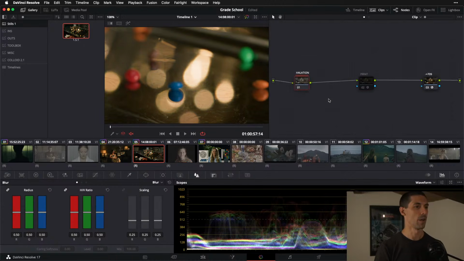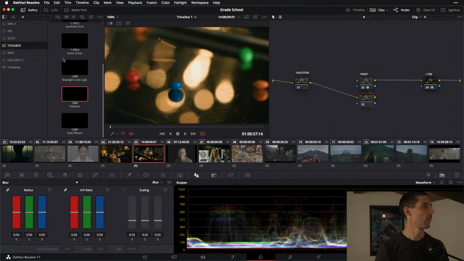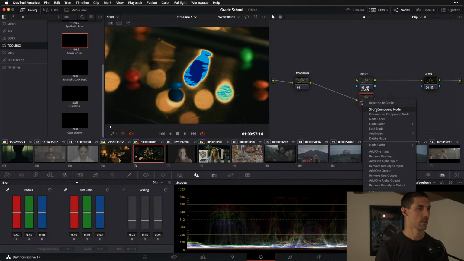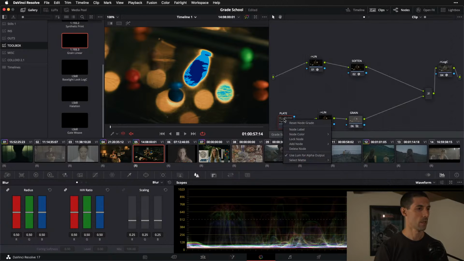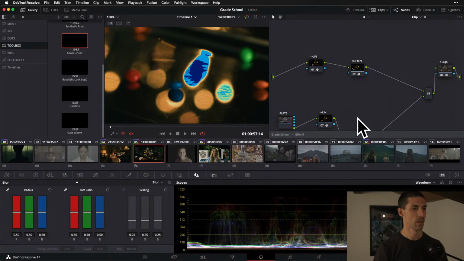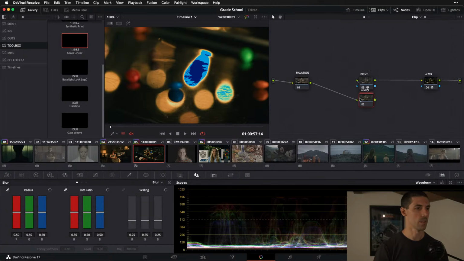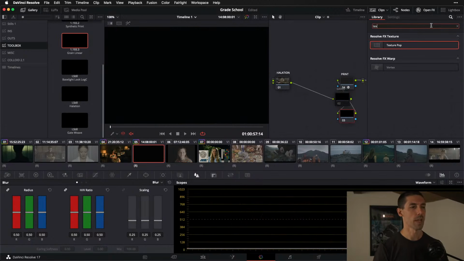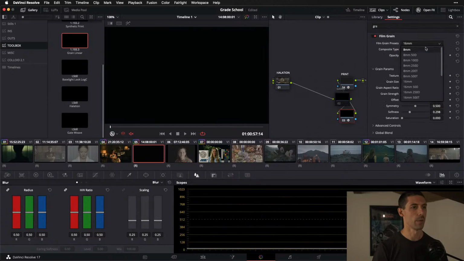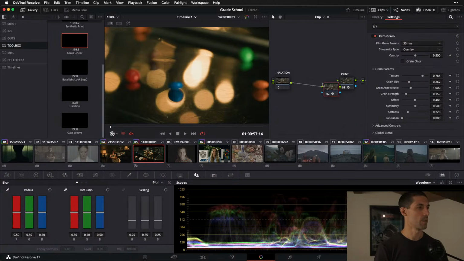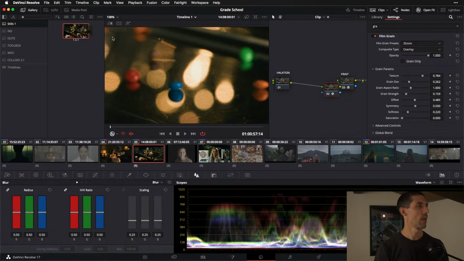Oh wait, I don't even have my grain on here quite yet. Let's add that on. Where's my grain? I don't know if I have grain in this project yet. Let's do simple grain. That's my stack that requires an external asset that I don't want to bring in right now. So if we just do really simple grain like we talked about before, and pump it up so it's nice and easy to see, I think that this looks much better